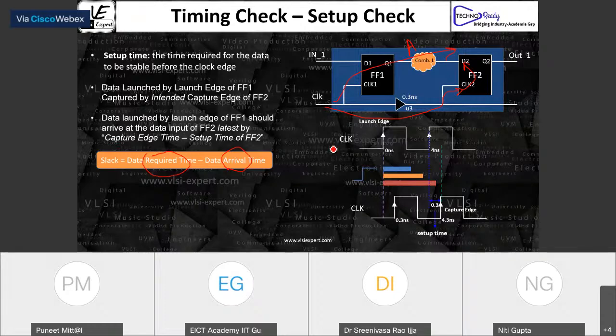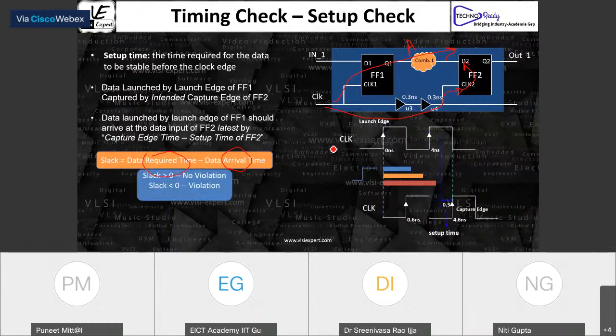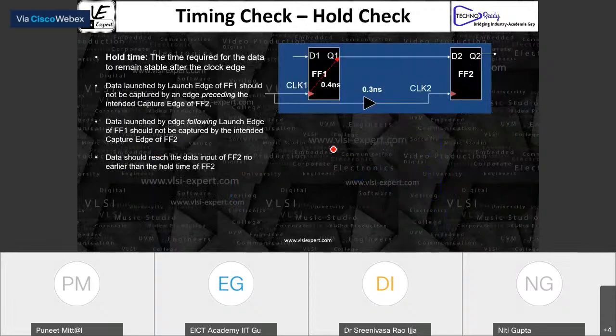Now, if we discuss the same thing from the hold point of view, let's try to understand once again what the hold check is. The hold check is basically that you want to hold the data. There was a data A, and this data A is traveling here.